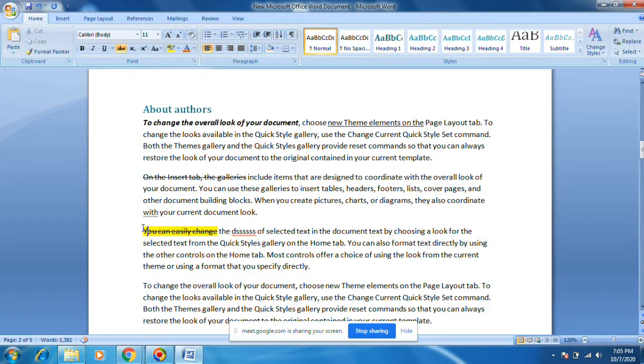You just select this one, select Format Painter, and then click here. See, whatever format is there, it will apply here. Okay, this is called the Format Painter option.